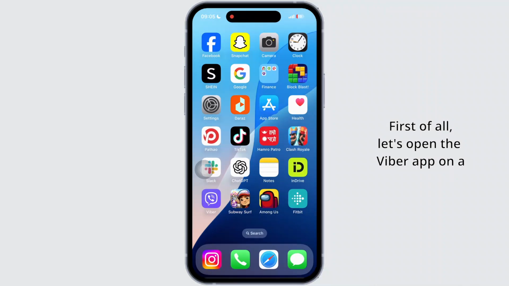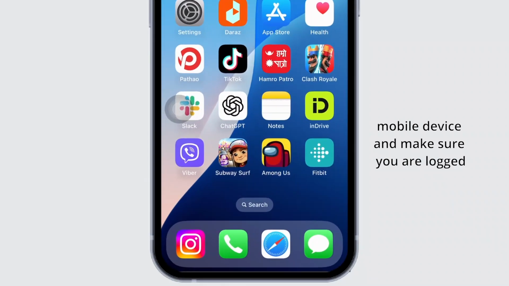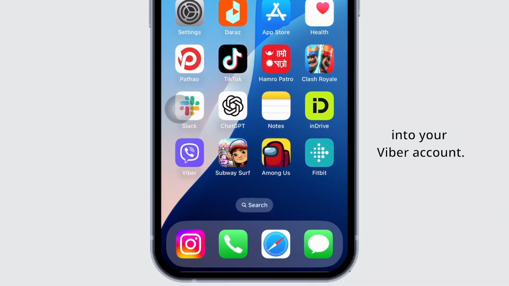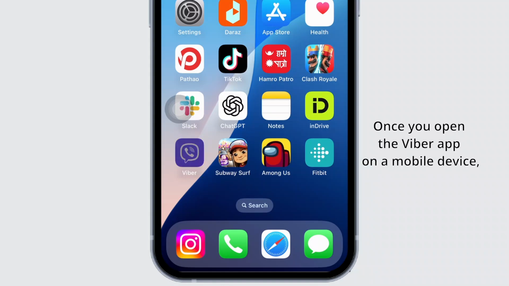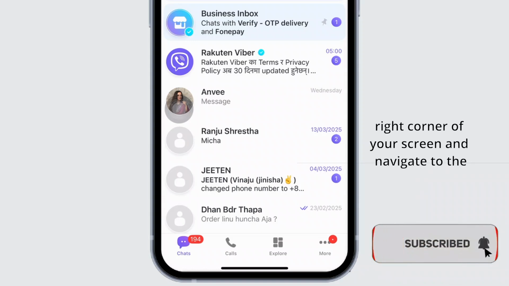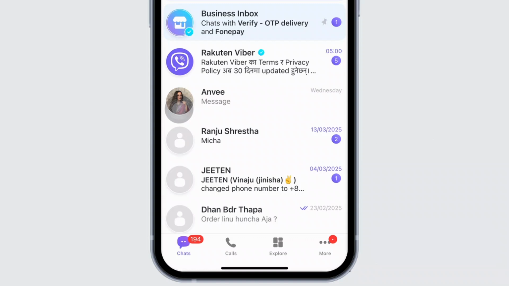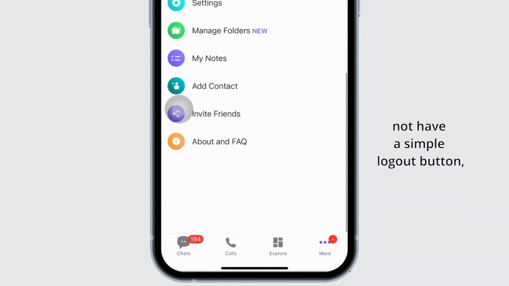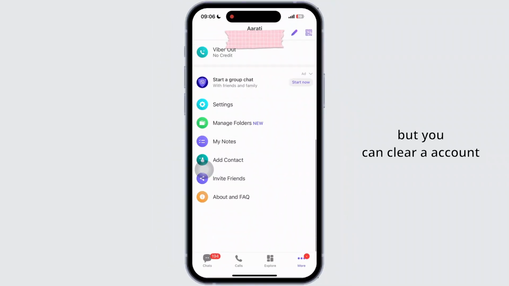First of all, let's open the Viber app on your mobile device and make sure you are logged into your Viber account. Once you open the Viber app on your mobile device, simply tap on the three dot icon at the bottom right corner of your screen and navigate to the Viber settings. Just so you know, Viber does not have a simple logout button, but you can clear your account by